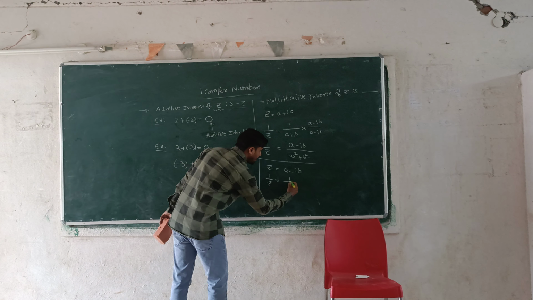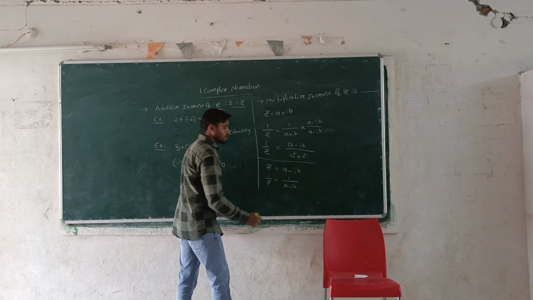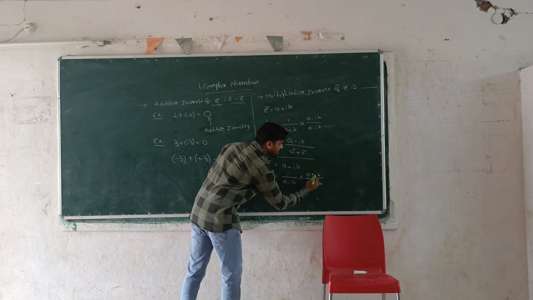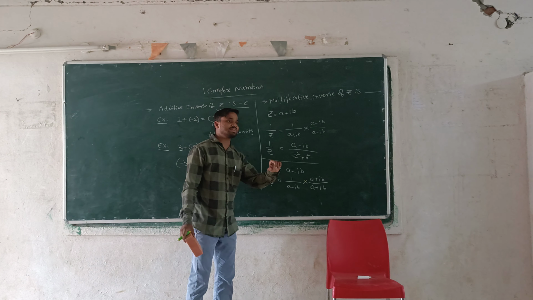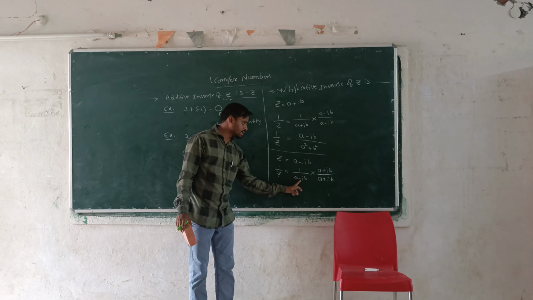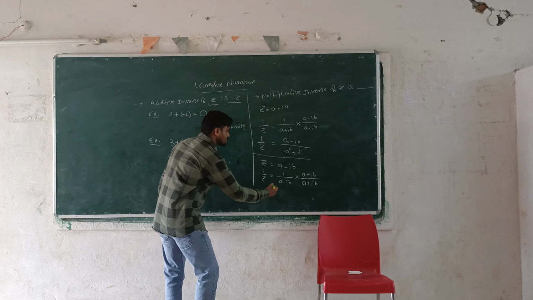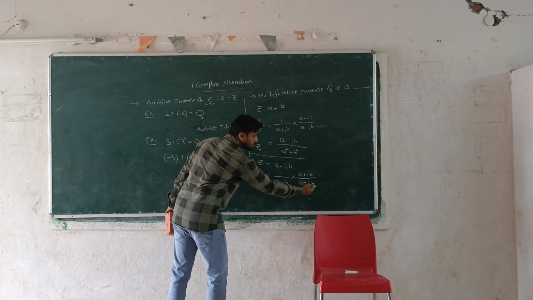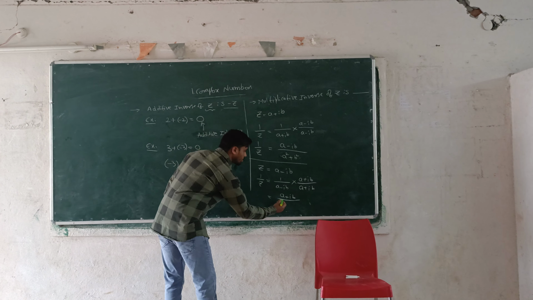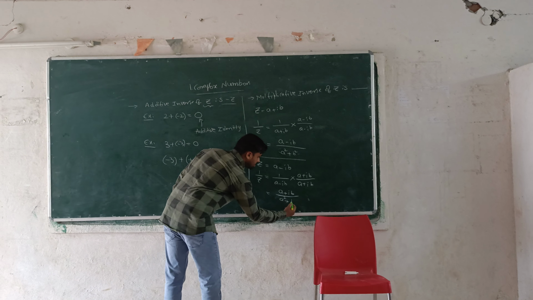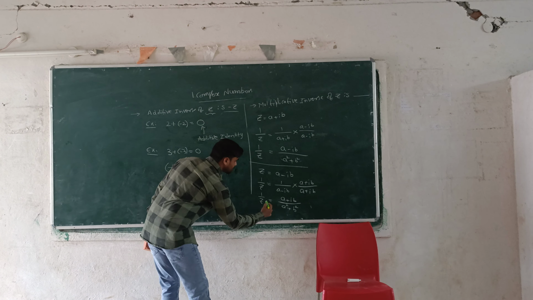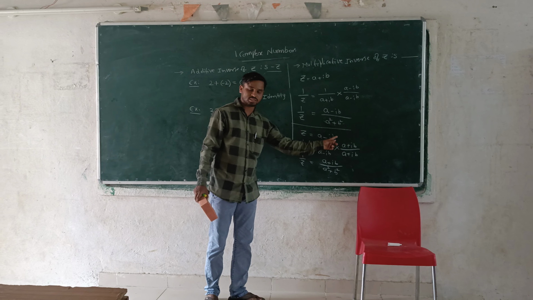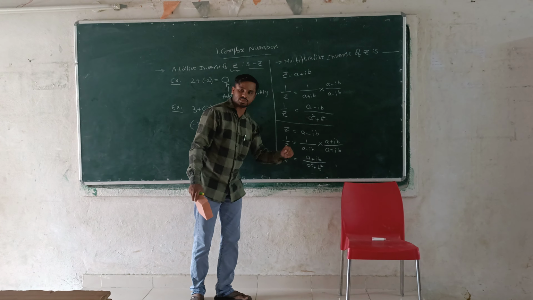So that is equal to 1 by a minus ib into a plus ib by a plus ib. So we are rationalizing the denominator. Here a minus sign is there, make it plus. Okay? This is what, how much here? a plus ib in the numerator, and in the denominator a minus ib into a plus ib, that would be equal to a square minus i square b square. a square, minus of minus is plus b square. So that is 1 by z. The multiplicative inverse of this z, which is a minus ib, is equal to how much? a plus ib by a square plus b square.